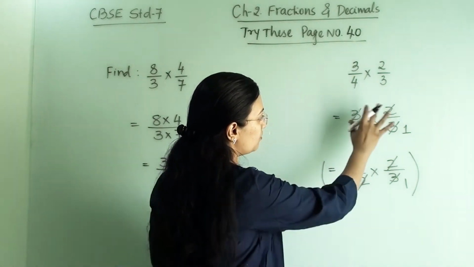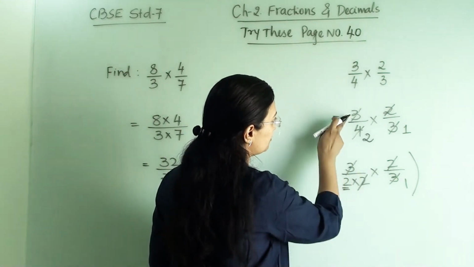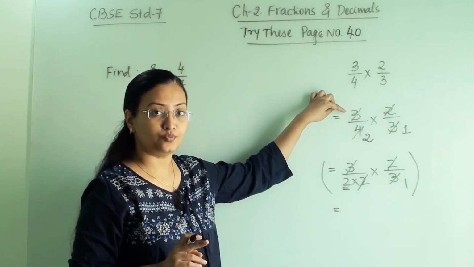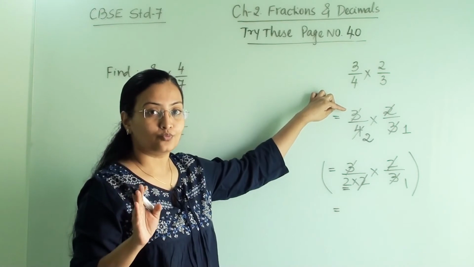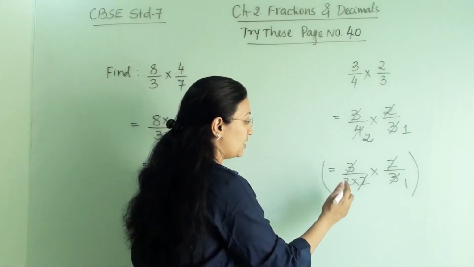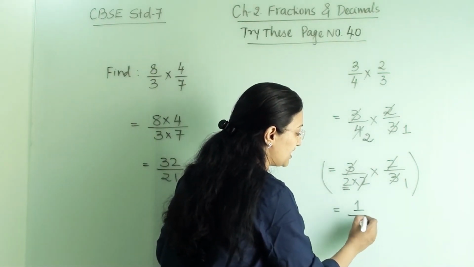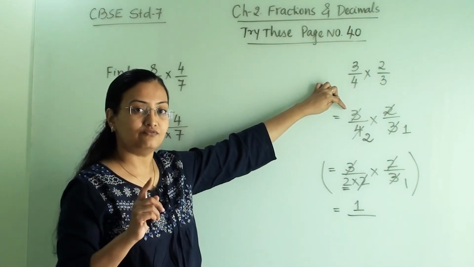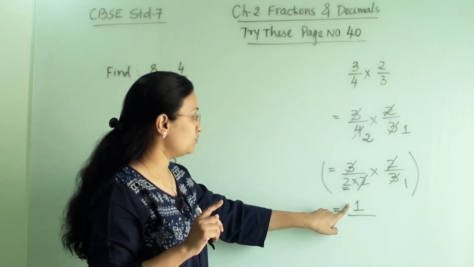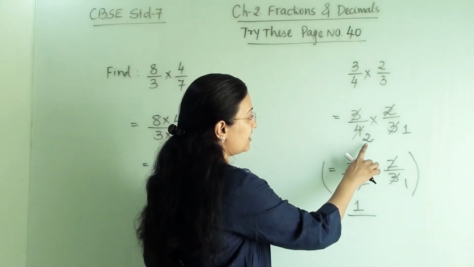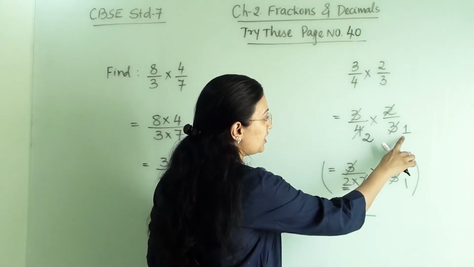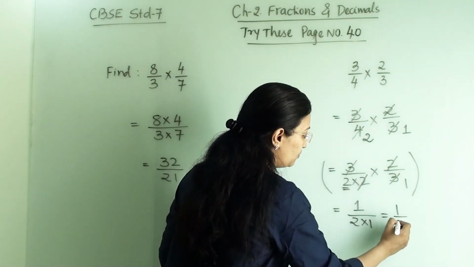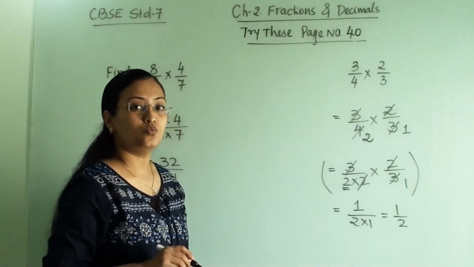Now let us write whatever things are remaining. There is nothing left in the numerator. We cannot put 0, since here 1 is there, so we need to write 1. If nothing is left in the numerator, then we will write 1. So 1 will be there, and then in the denominator 2 into 1. So our answer is 1 by 2. That is how we will write it.